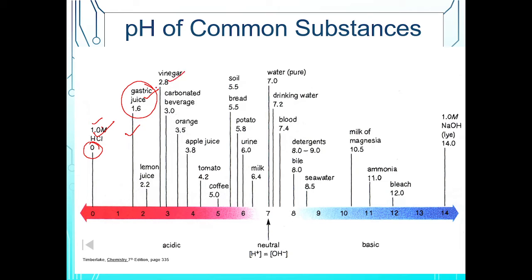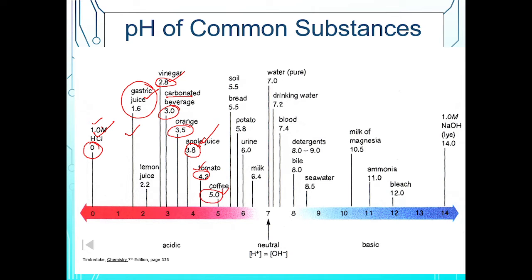Then vinegar, you all know what it is. This shows a pH of 2.8. Then carbonated beverages, for example Coca-Cola, Pepsi, etc., show a pH of 3.5. Orange will show a pH of 3.5. Then apple juice, as you can extract apple cider vinegar from it, though there is a long process to extract that vinegar from the apple. It also has an acidic pH, that is 3.8. Then tomato, which contains organic acid, is 4.2.